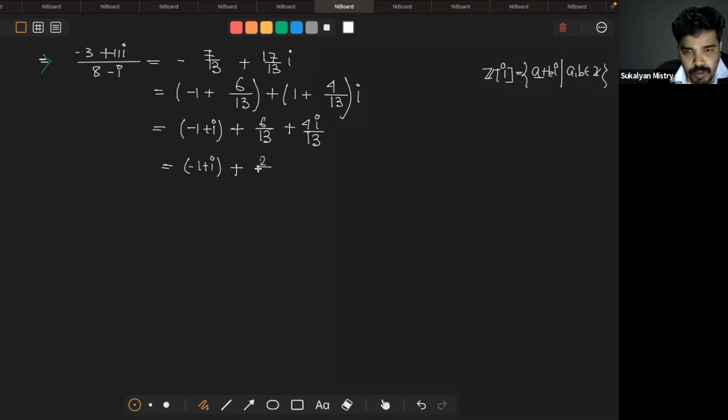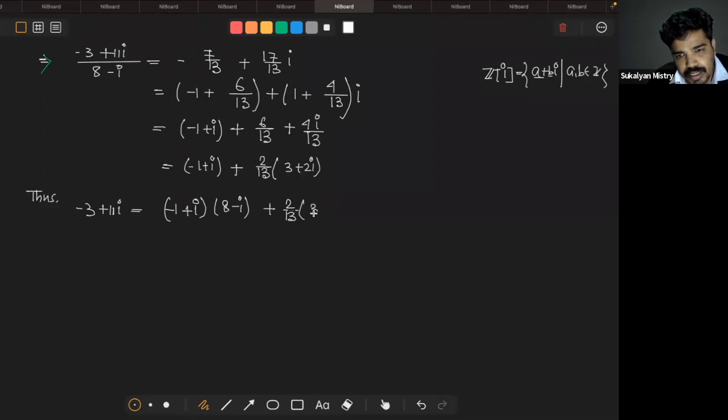দ্যাট মিনস -1 প্লাস i প্লাস, সো ইফ উই টেক কমন 2/13, কমন না নিলেও কোনো অসুবিধা নেই, কমন নিলে পাচ্ছ 3 প্লাস 2i। ওকে, কমন না নিলে 1/13 লিখবে তাহলে 6 প্লাস 4i। সো আলটিমেটলি দাস -3 প্লাস 11i, এটার সঙ্গে মাল্টিপ্লাই হয়ে যাবে, ঠিক। সো দ্যাট ইজ -1 প্লাস i ইন্টু 8 মাইনাস i প্লাস 2/13 ইন্টু 3 প্লাস 2i ইন্টু 8 মাইনাস i,